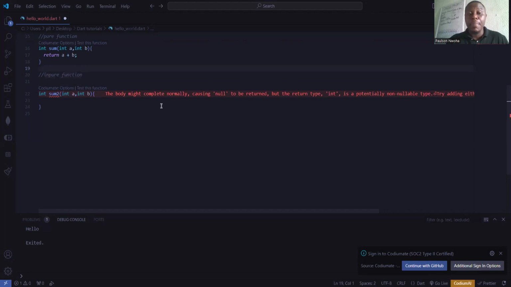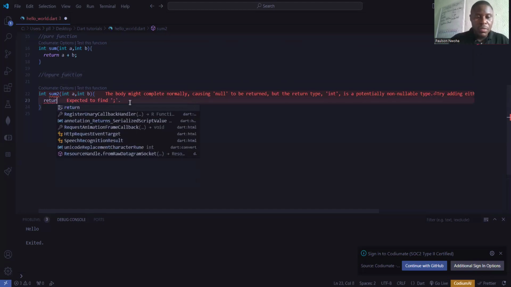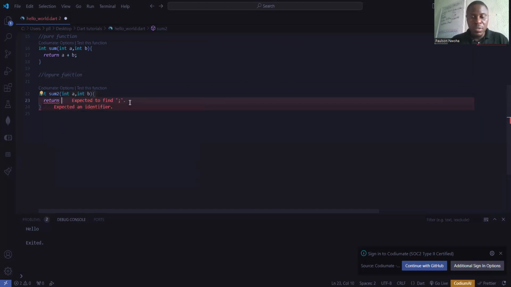But this is just an example. I'm just being fast and doing it very quickly. So always use named parameters in your functions. It is easier for the caller. All right, so if I say return A plus